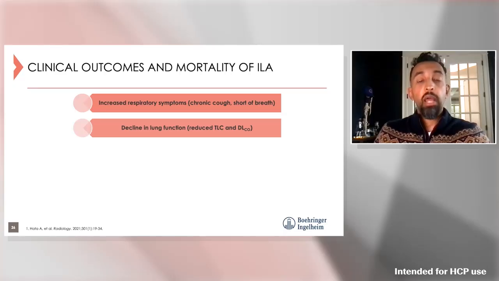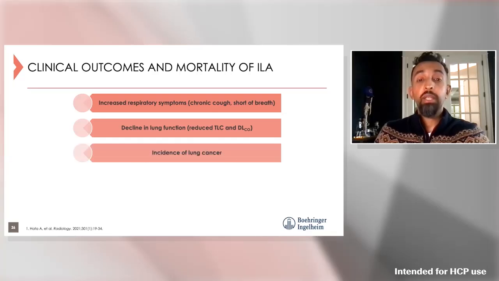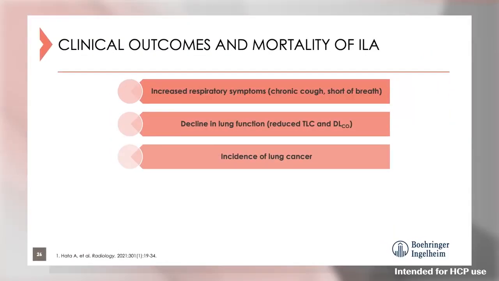Now, remember, a lot of our patients with interstitial lung abnormalities will be former smokers. So these patients have an increased incidence of lung cancer as well. We want to be screening these patients. So in our lung cancer screening group is when I typically deploy the term interstitial lung abnormality, because they're getting screened for lung cancer, but they also have findings of ILA as well.